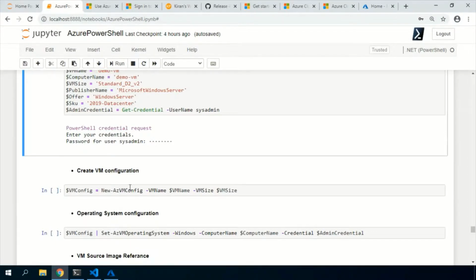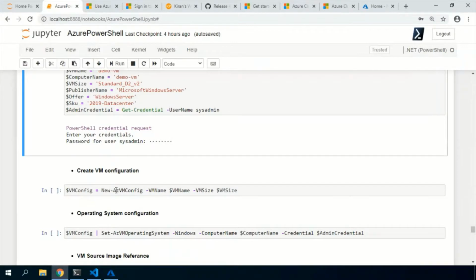So what we can do is first create a VM configuration, and then use that configuration with the new AZVM to deploy the actual VM.